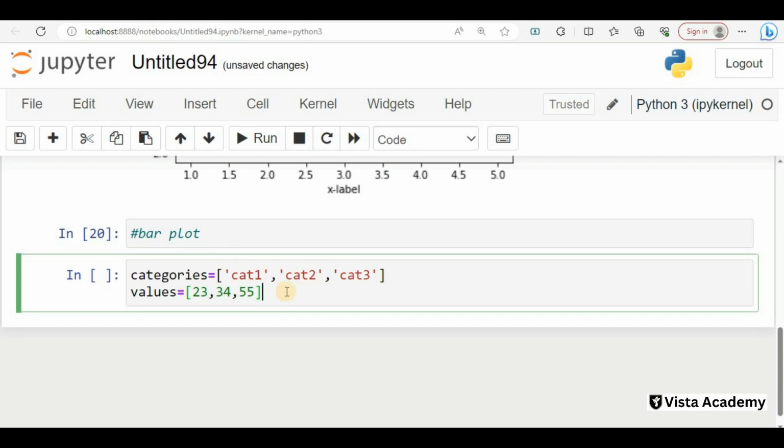Now we will create a bar plot from this data. First of all, the command for this is a simple command, which is plt.bar.